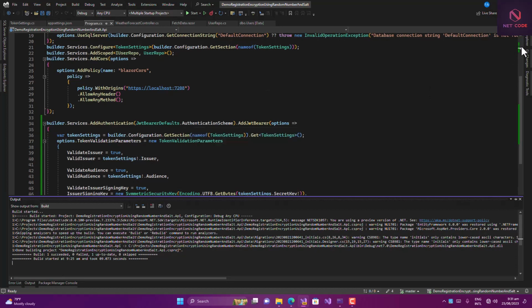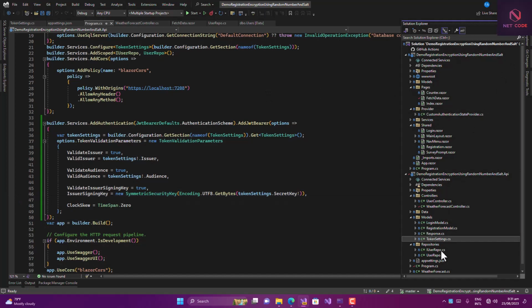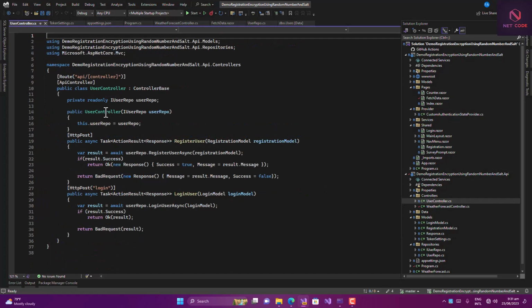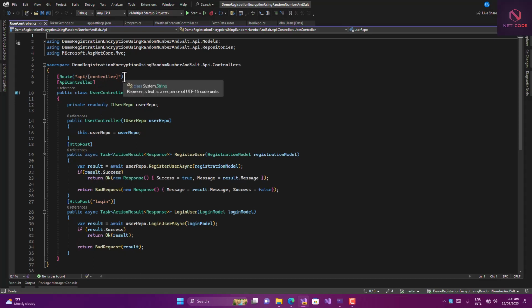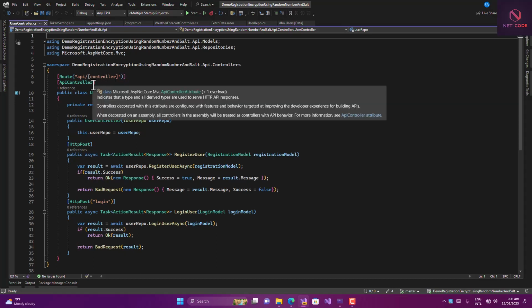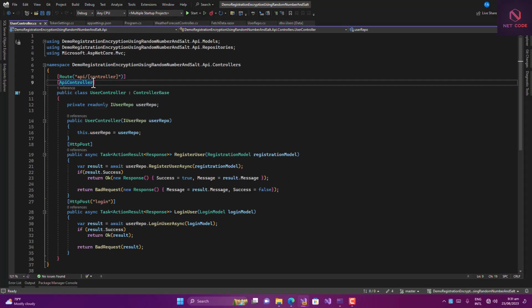When we go to Solution Explorer and check this user controller, you can see currently we have only two methods here, that is login and register. But you may want to add another method in here. So in such a case, if I decide to specify an authorized attribute here, if I put authorized here,